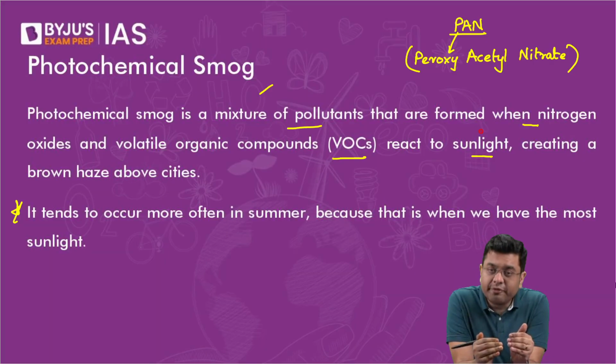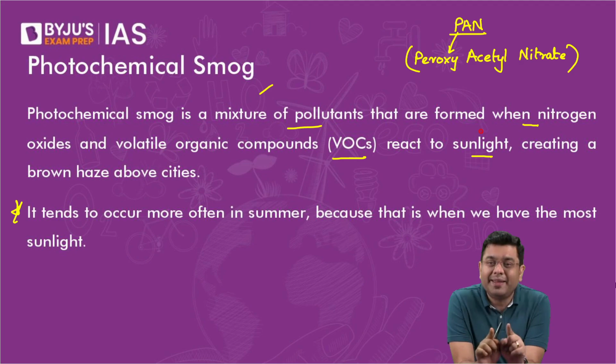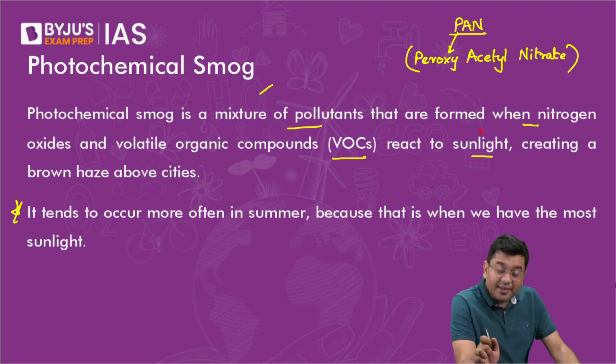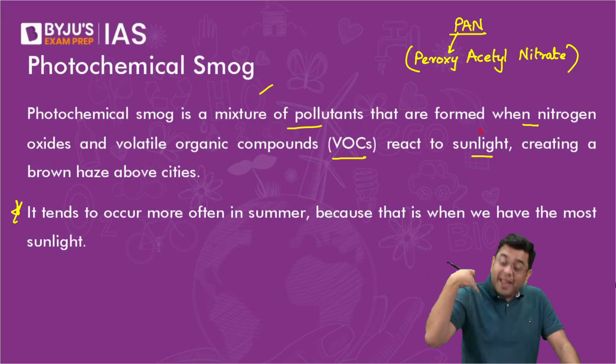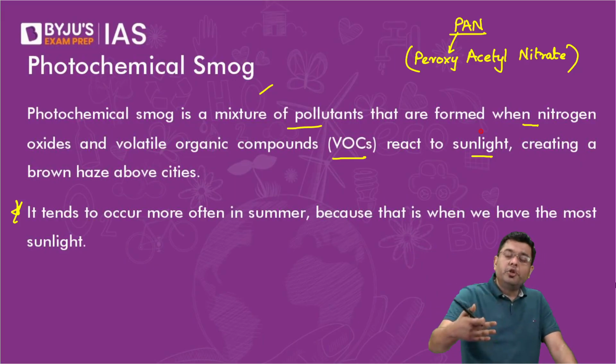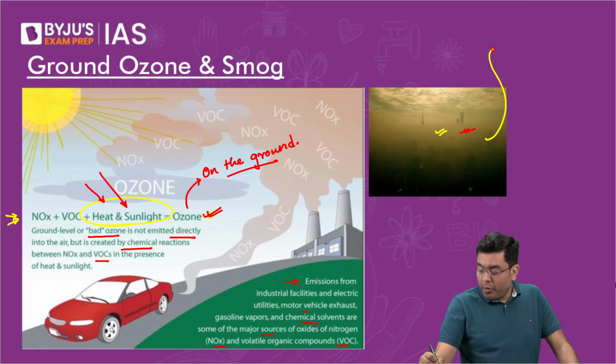The presence of nitrogen oxides and volatile organic compounds, in the presence of heat and sunlight, is essential for the production of ground level ozone. The production of ground level ozone and its further reactions with the hydrocarbons are essential to create that haze. Ground level ozone in itself will not form a smog. When that ground level ozone, along with nitrogen oxides and hydrocarbons, reacts, that is when you find this brownish haze above the cities, right? This is your smog,